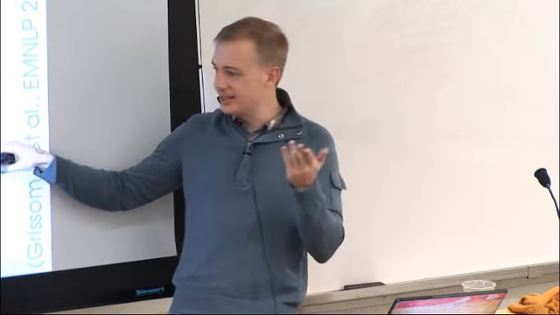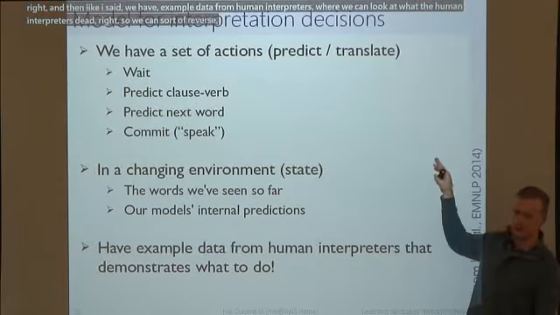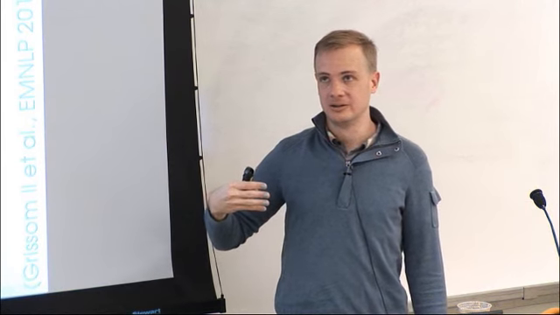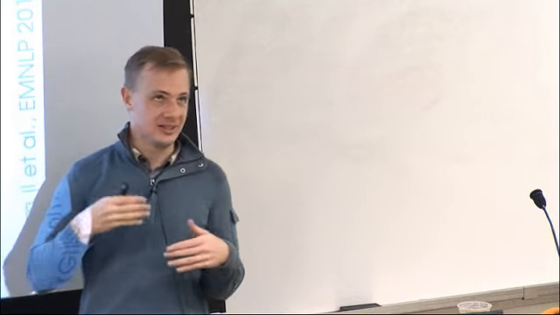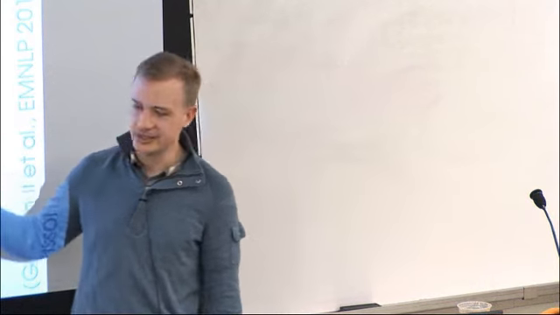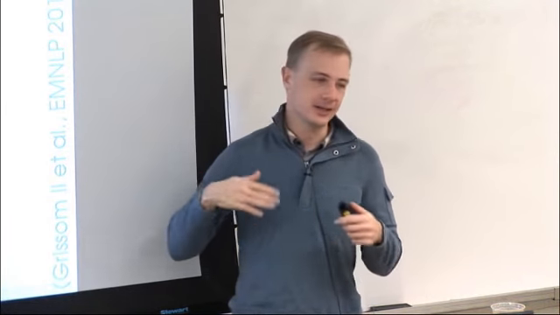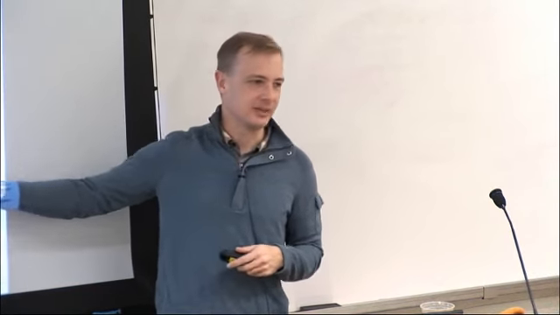Right, and then, like I said, we have example data from human interpreters where we can look at what the human interpreters did. So we can sort of reverse engineer: was the human interpreter waiting here? Did they make a prediction here? Are they saying a word that they haven't heard the source for? Are they translating a word that they've already heard, and so on? So we can reverse engineer what the human interpreters are doing. Do you have timestamps for each word? Yeah, we have timestamps. I mean, it's not perfect. We have timestamps for the beginning of every word, and then we do forced alignment with the transcripts and stuff like that. We couldn't do this without the timestamps.